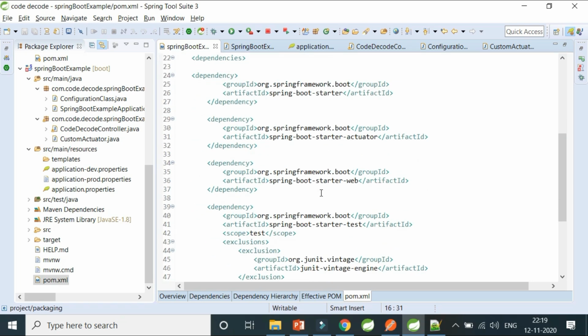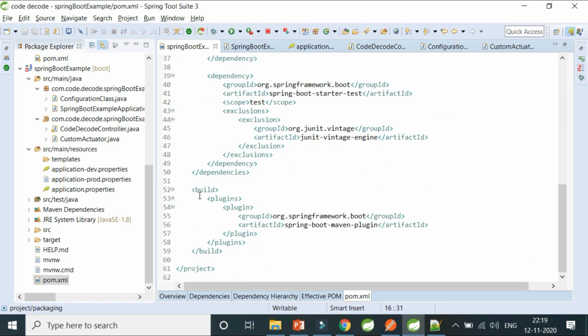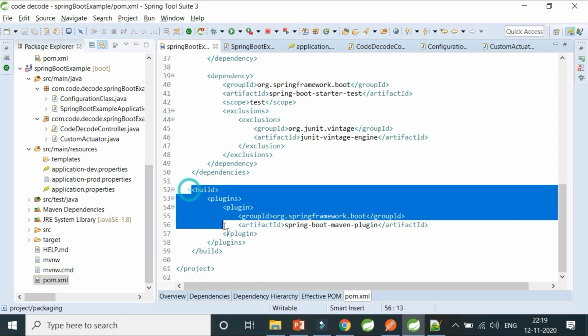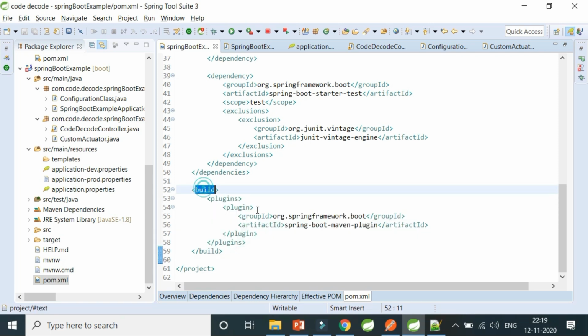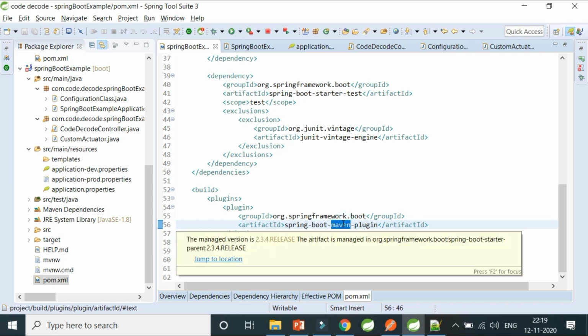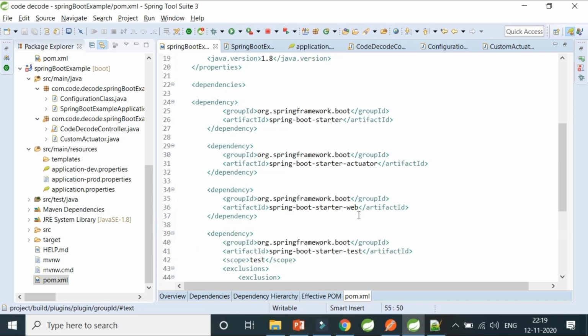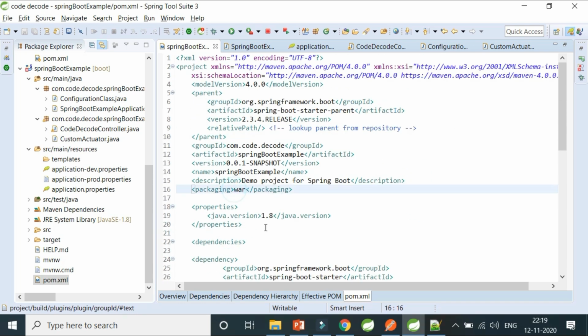Otherwise, this thing will not work. And what is that plugin which I always have with this application, which is build. How do I want my application to be built? For building, we need a plugin, which is the Spring Boot Maven plugin. Using this plugin, Maven understands that you want your Spring Boot application to be packaged as a war application.